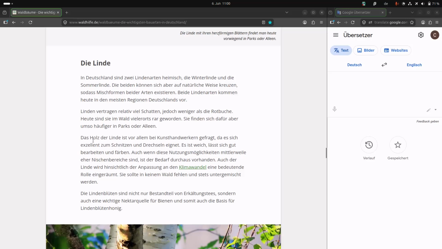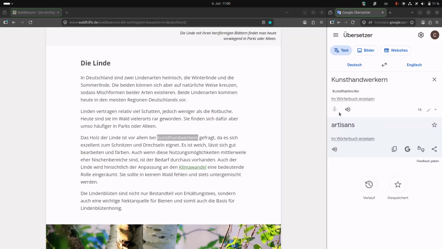So, das Holz, the wood, der Linde, of the linden tree, ist vor allem, basically before all, so it just means above all, so more than anything. Bei Kunsthandwerkern, art, Kunsthandwerkern, craftsmen, I guess. Of course not craftsmen. Or